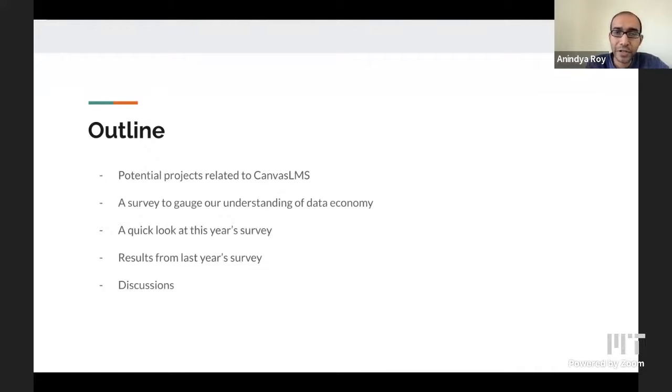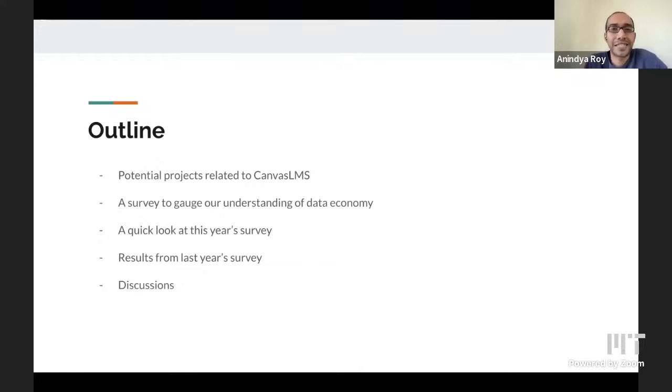Then the rest of the lecture, we'll take a very different route, and we'll talk about very different things. We'll start with a survey that some of you might have taken before. It's part of a research project that we have been doing. This would be the third year doing this survey with this group of people. And we have a unique way to understand how the student population is thinking about data economy.